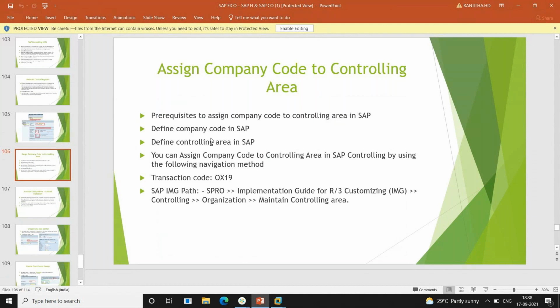If I want to assign some other company, I go to the controlling area and do it again with the assignment. So to go directly to the assignment you will use this path and the T code. You write down this heading and the requirement, these first 3 points, then the T code. The path you can skip; you can write down the T code. First 3 points you write down.